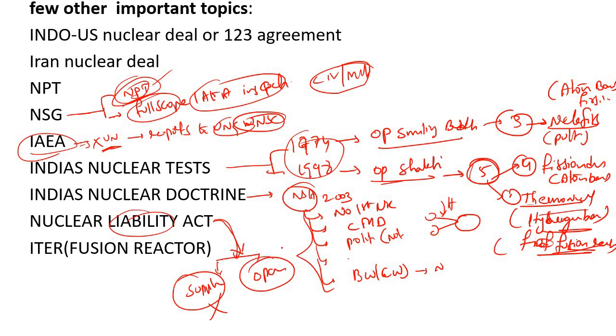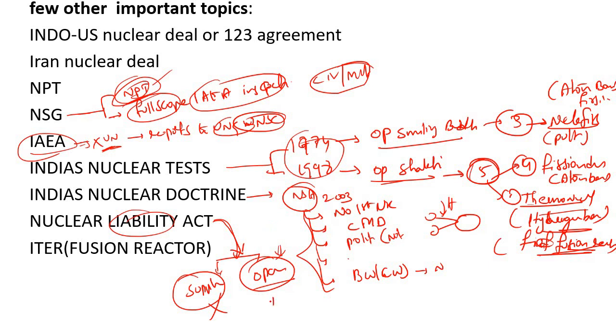So they made laws in such a way that in every law they are seeking the operator to be responsible. So in India also they want the operator to be responsible. So finally some issue came, and finally India made